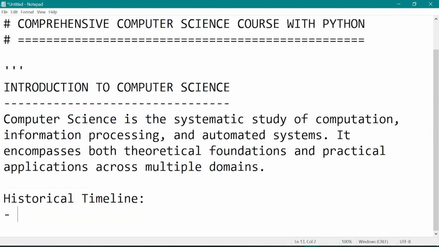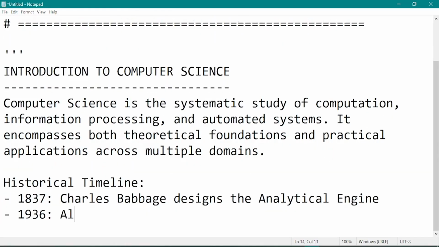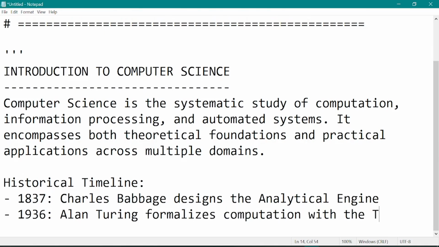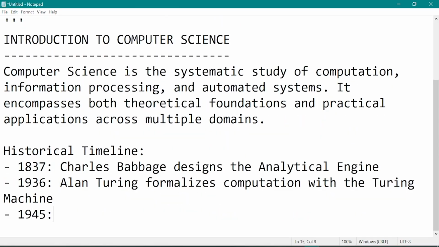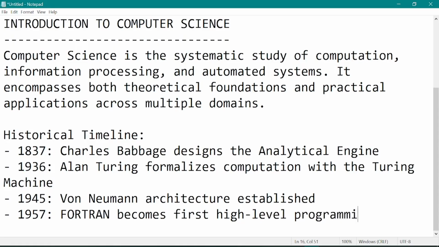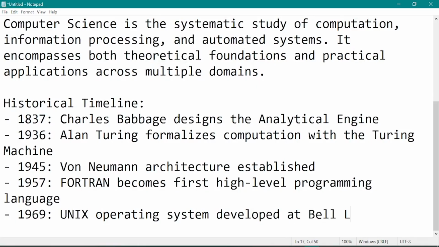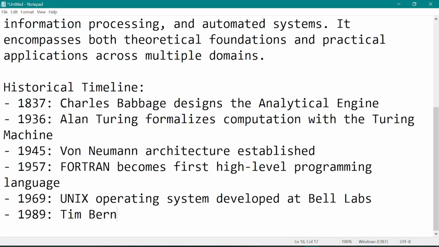And let us have some historical timeline about computer science. In 1837, Charles Babbage designed the analytical engine of a computer. In 1936, Alan Turing formalized computation with the Turing machine. In 1945, we have the von Neumann architecture being established. In 1957, Fortran became the first high-level programming language. Moving on, around 1969, we had the Unix operating system, which was developed at Bell Labs, and in 1989, we